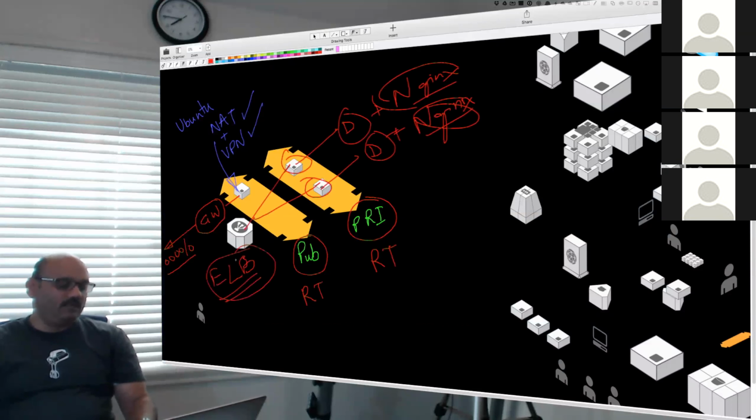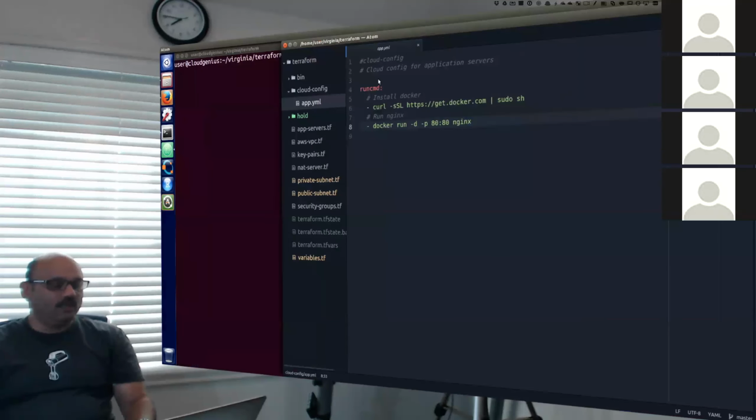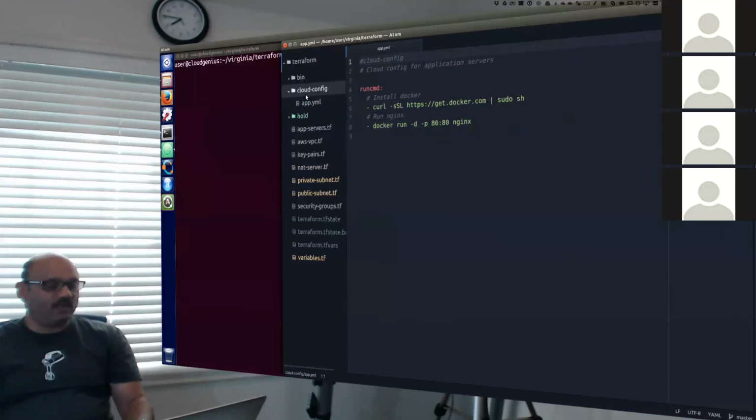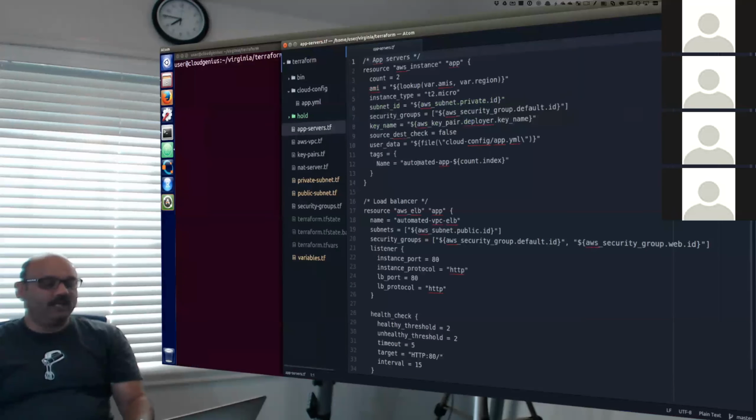And so the definition of Elastic Load Balancer is also called out in our app server file, and that's what we'll talk about next. So user data, cloud config, app.yaml is this file reference I have here in the section for cloud config, app YAML, and that's what this app server.tf file will pick up and run to automate those app servers. Count index, meaning how many machines you have. 2, it will just add -1, -2 to those 2 machines that you create in the private subnet. Line number 6, private subnet.